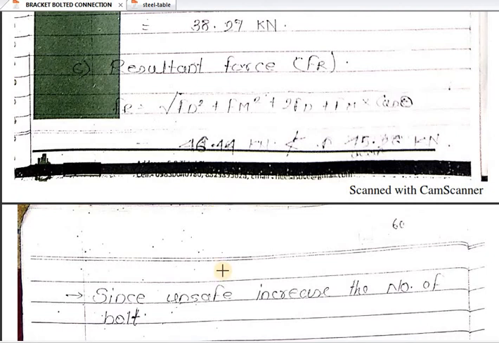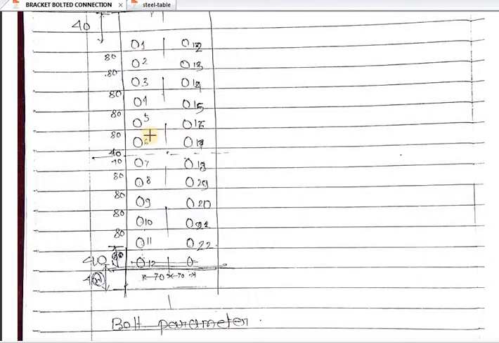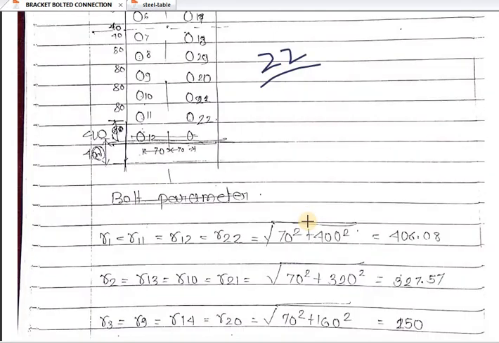Because this bracket plate will be connected with the I sections with a number of bolts, we are designing the number of bolts. We have found that 20 bolts is insufficient to take this bolt value of 45.26. By calculation, 10 bolts were taken in one row, total 20 bolts. So we will increase to 22. That means in one row we will provide 11 bolts, and in the other row again 11 bolts, total 22 instead of 20.